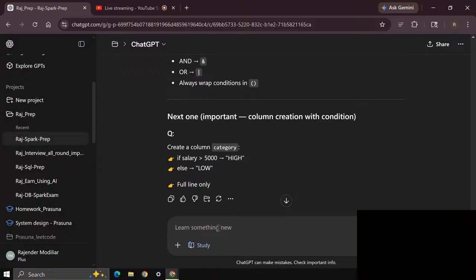Okay, that's fine. If salary is greater than 5,000, high, else low. Create a column. Okay, create a column category. Okay, df dot with column.